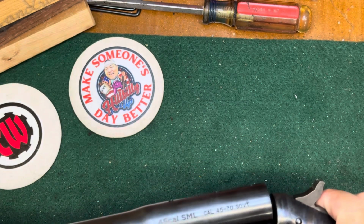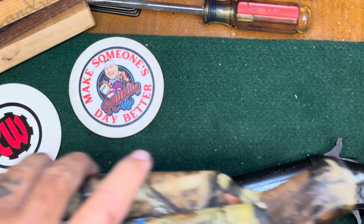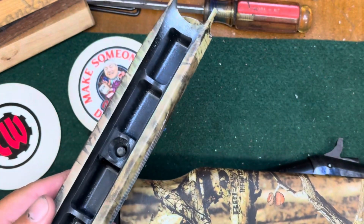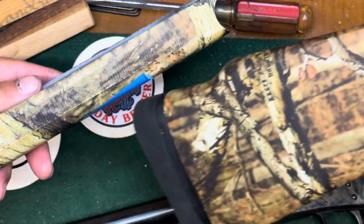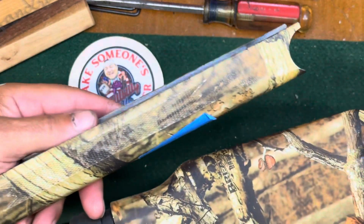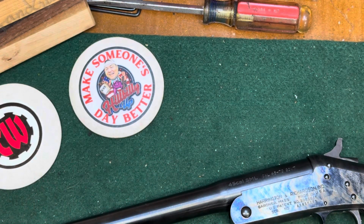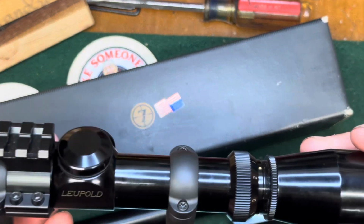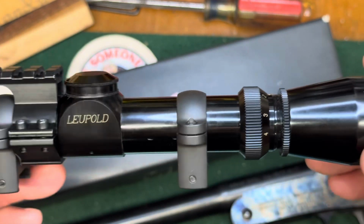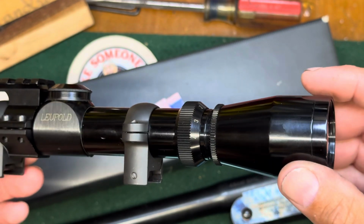Pretty neat. What I've got over here is some gun stocks. They are a little bit yellow-orange color, but that's what I got. And I've got a scope base, and we're going to put on it a nice little Leupold 1-4, little VX2 1-4 with a standard